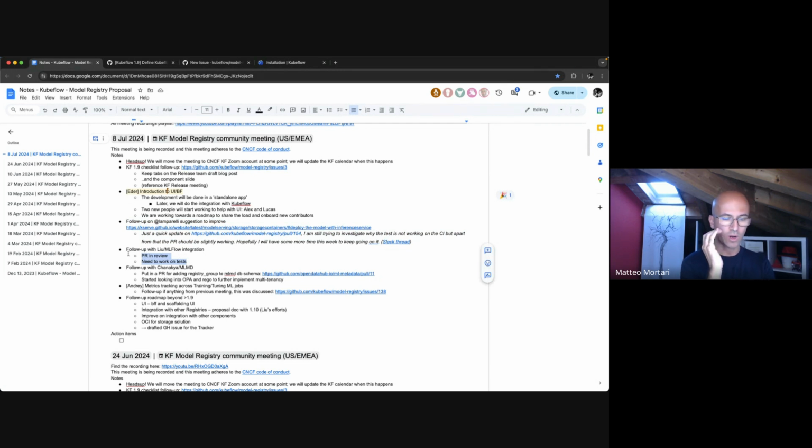One potential way, if we needed an S3 instance for this testing, similar to other GitHub Actions we already have in the Model Registry, is that we can set up a kind cluster for testing, and then deploy the Minio there, deploy any other MLflow components that we needed, and have this integration work with that.